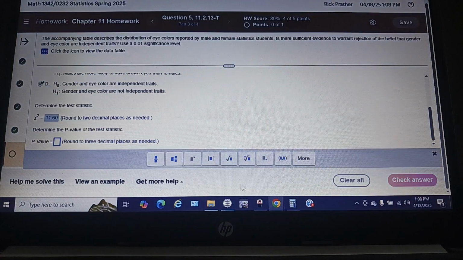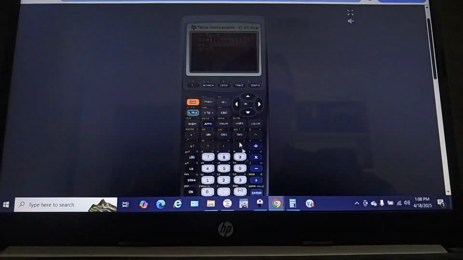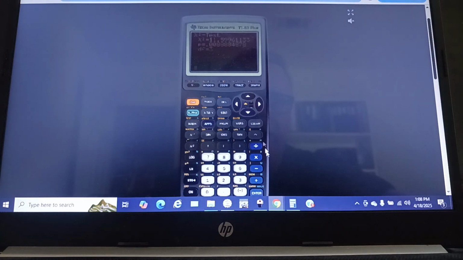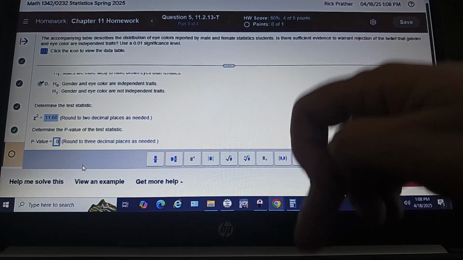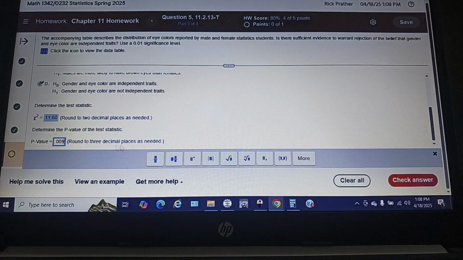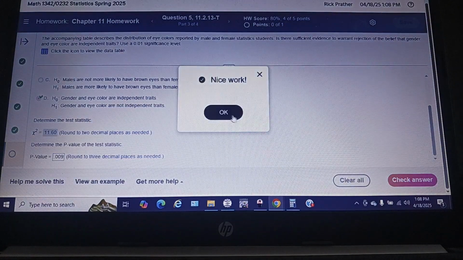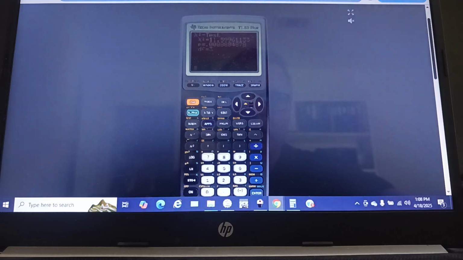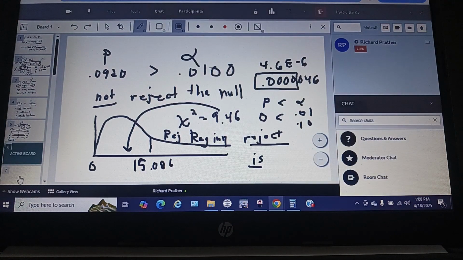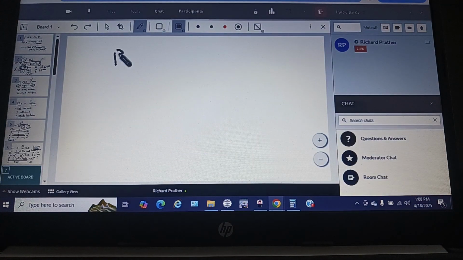Or if it lets you do the p-value method, which is easier with technology, then you would say 0.0089 to 4 decimals. Oh, they only want 3. Okay, 0.009. Always read that because they can count it wrong if you're not paying attention to that. It already tricked me once. So use a 1% level of significance. And I got a p-value of 0.009